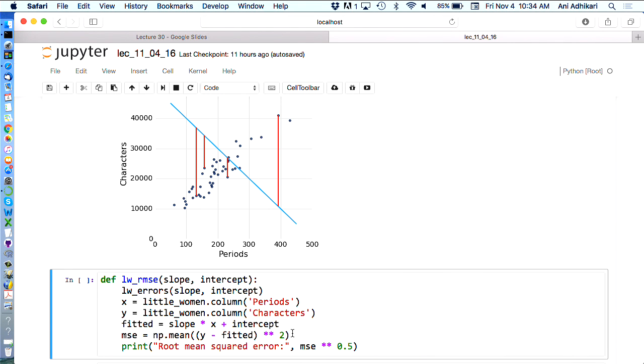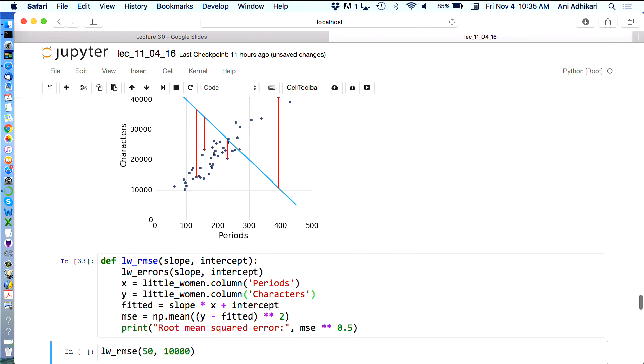And the good news about that is it's a nice positive number. The bad news is it's messed up units. And so in the end, when you report the root mean square error, you take your mean squared error and take the square root. Yep. And there's a reason I didn't take the root in the beginning. We're going to work with the mean squared error quite a lot. But here is a definition of root mean squared error.